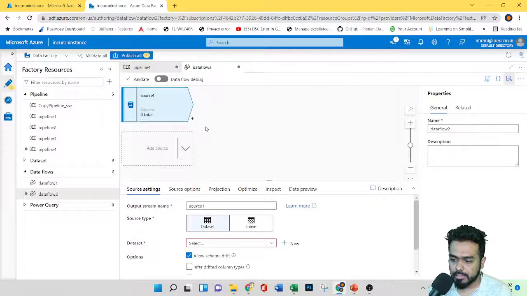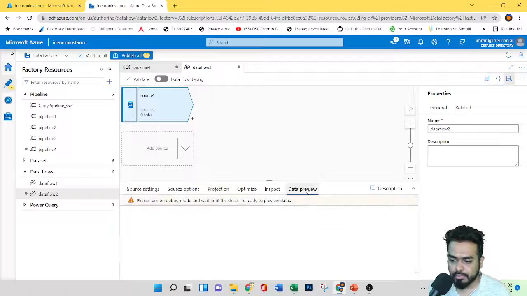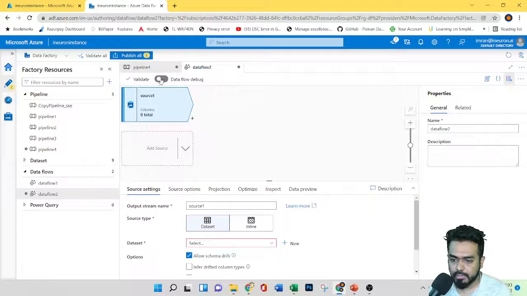Before getting started, we have an option called Validate. This is very important, because if I click on data preview, it says to please turn on the debug mode and wait until the cluster is ready to preview the data. We need a cluster to preview the data as we are creating this data flow. To have that, we need to enable this. It will take some time, meanwhile we create this data flow.